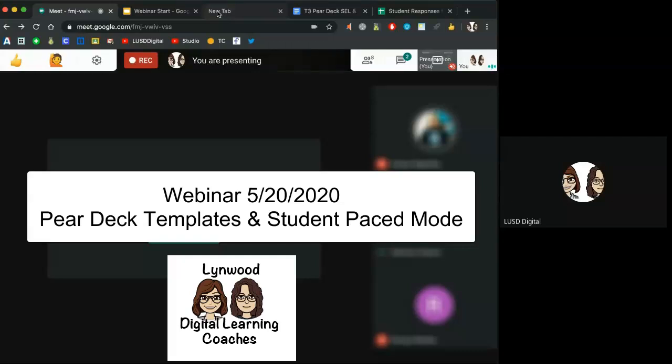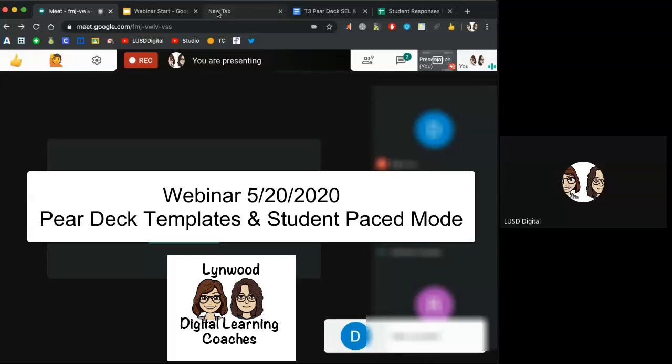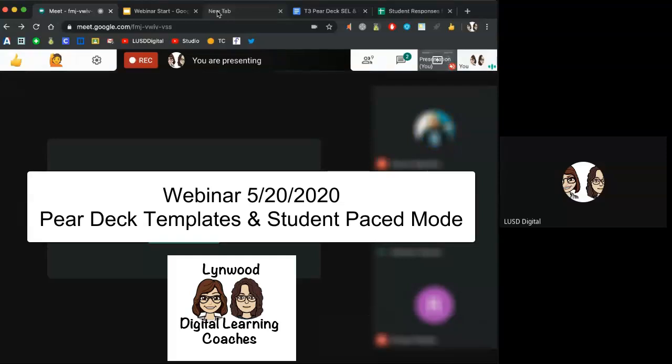Today we will be covering Pear Deck templates and student paced mode. We're going to go over logging into Pear Deck and adjusting the settings in your account. Then we'll move towards previewing the Pear Deck templates and inserting them into Google Slides, as well as showing you how to edit them. Then we'll show you how to launch student paced mode, and then how to edit and